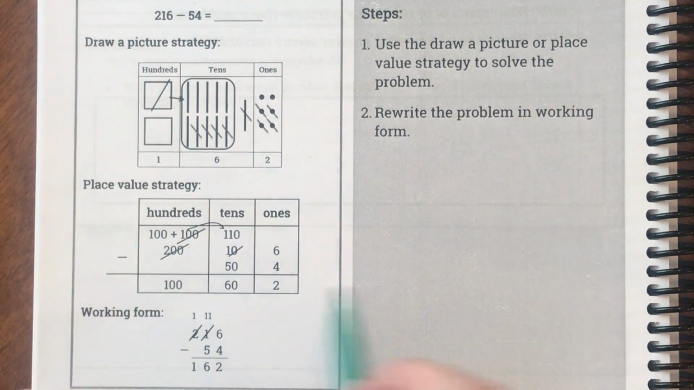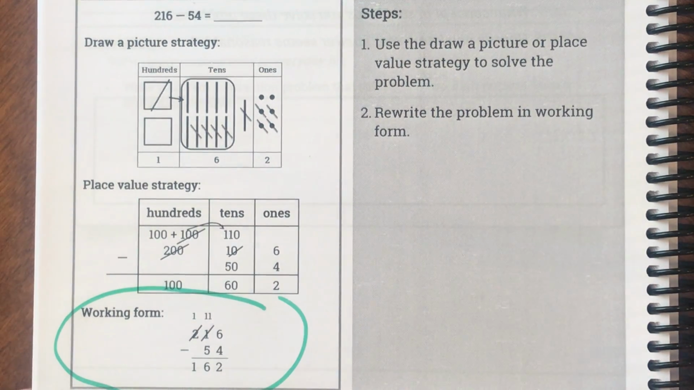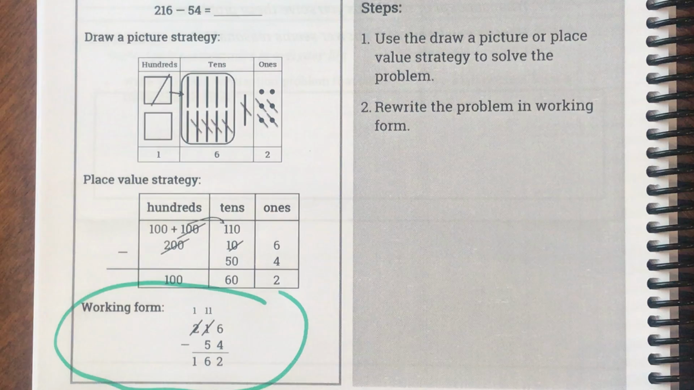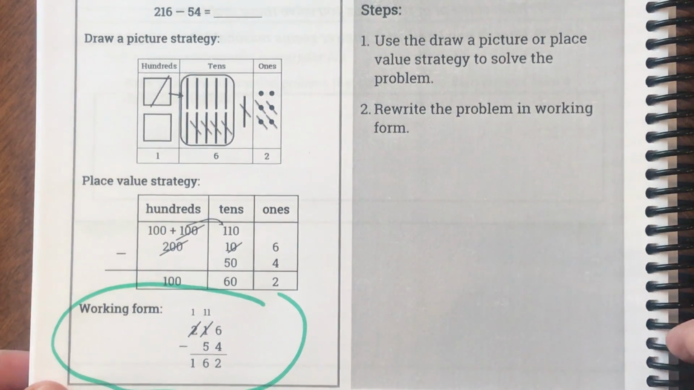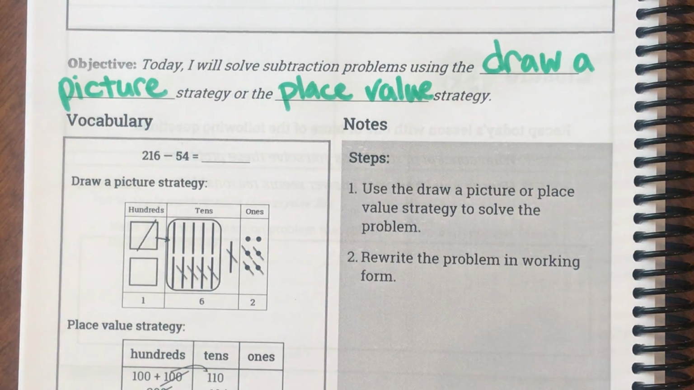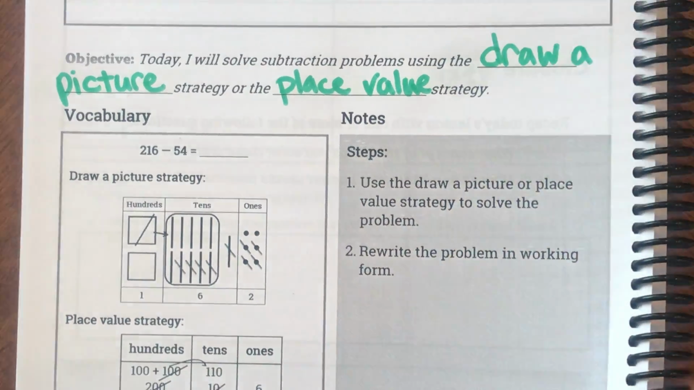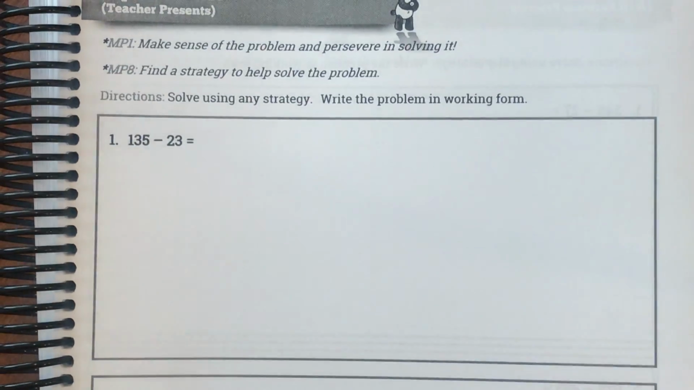And then remember, we always do working form after. We always practice this strategy. So today we're just going to continue practicing. So our first step says we're going to use the draw a picture or place value strategy to solve the problem. And then we're going to rewrite the problem in working form. So again, today it's just more practice. Okay, so I'm going to show you my first problem. And my first problem is